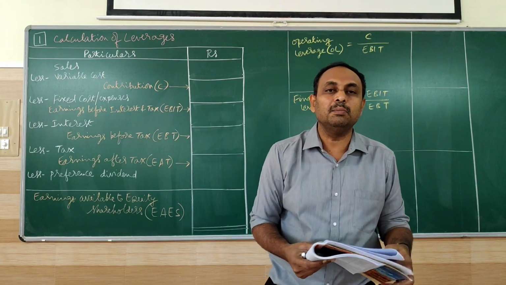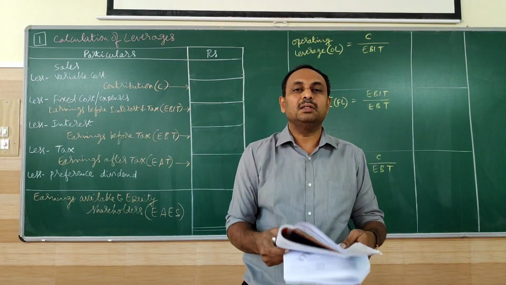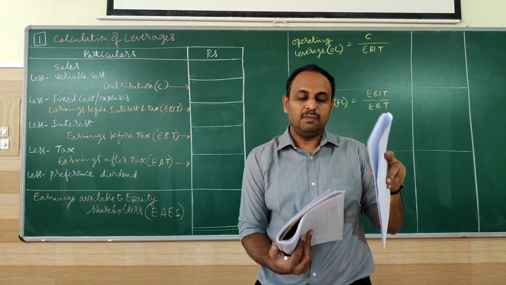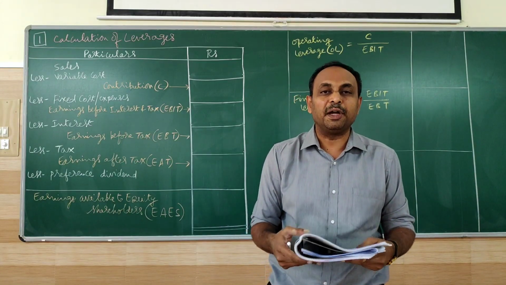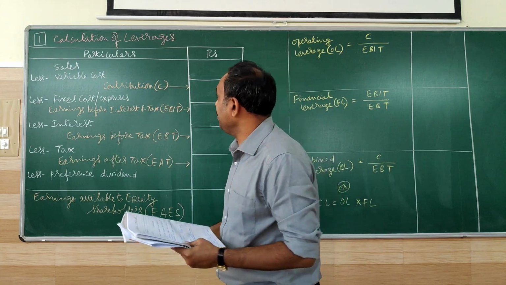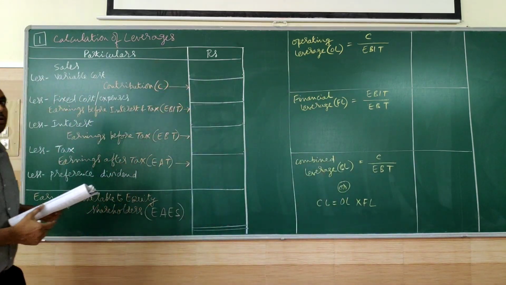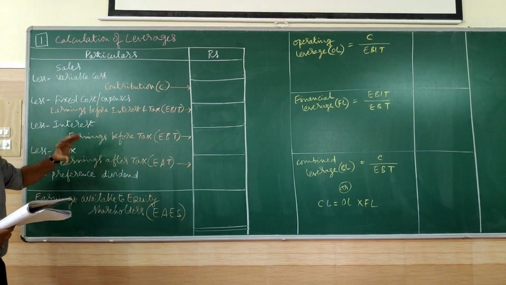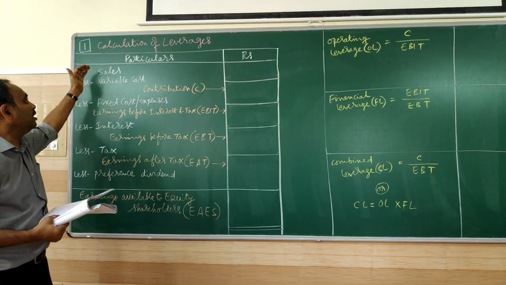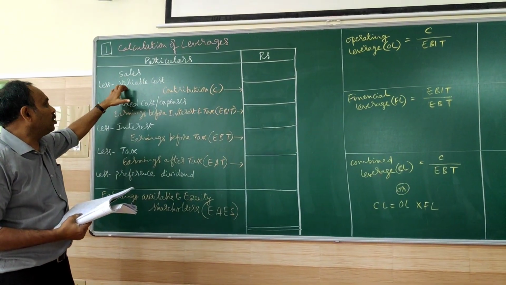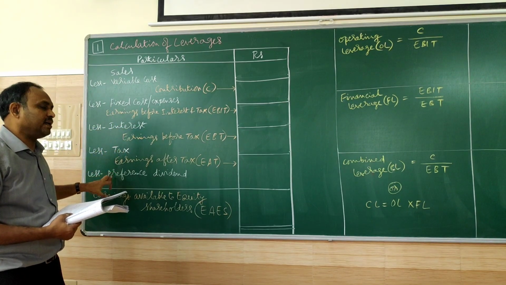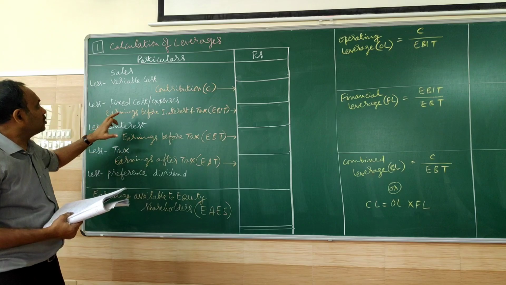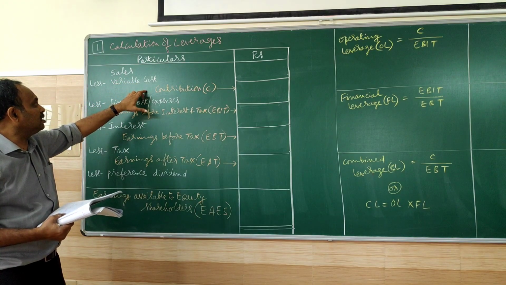This is what the problem given. So we will work this problem here and we will come to know the impact of the leverages and the interpretation therein. So let me start with the leverages. This is the regular format, this is the regular order you are going to find. Sales, less variable cost, less fixed expenses, less interest, less tax, less preference dividend. So you are going to have some results here.